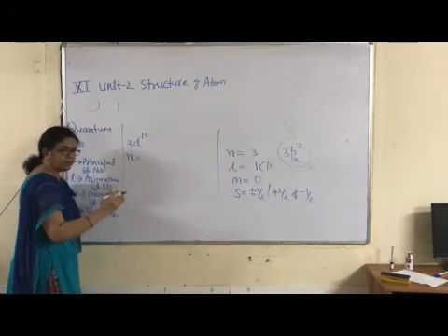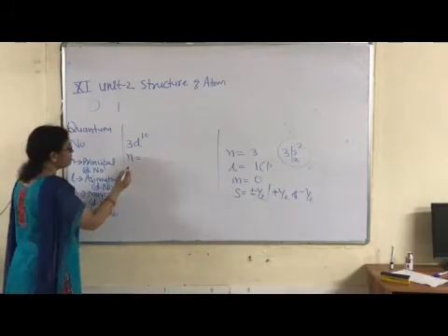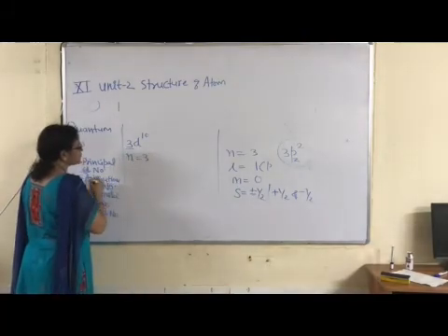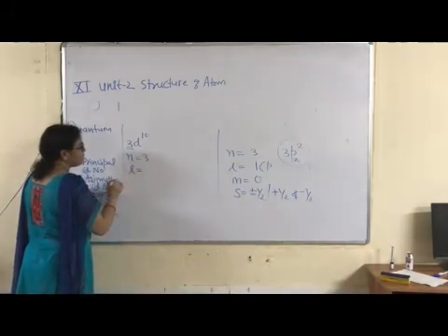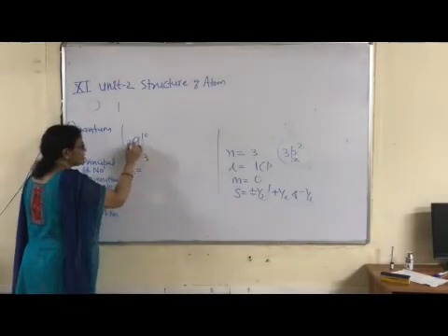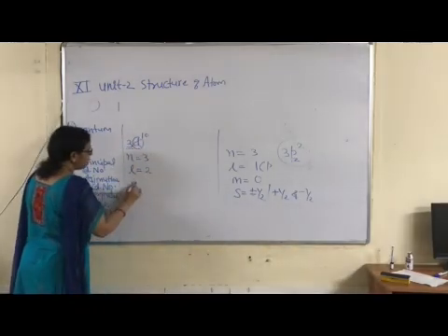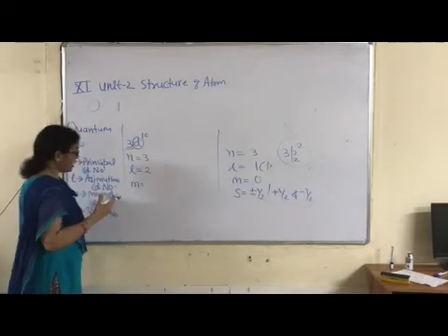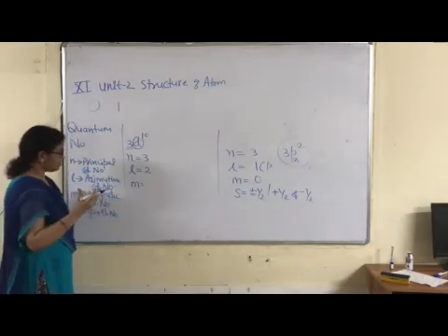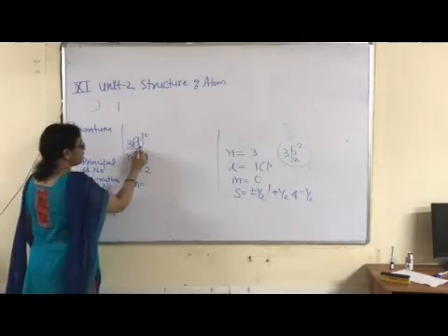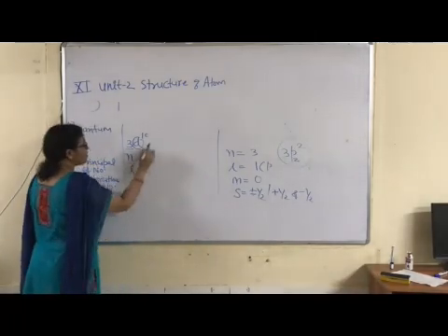First quantum number is principal quantum number. What is n value? n is equal to 3. And secondary quantum number, only for d subshell, l is equal to 2. Right children? M explains magnetic quantum number, it means it explains number of orbitals in d subshell. How many orbitals are present? 5,